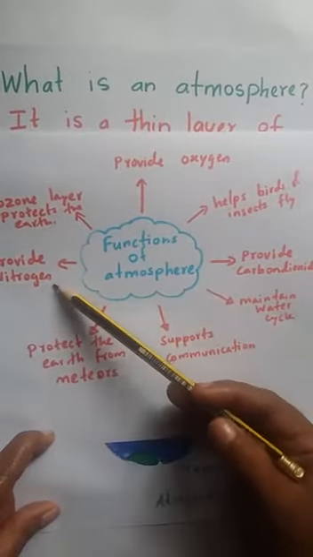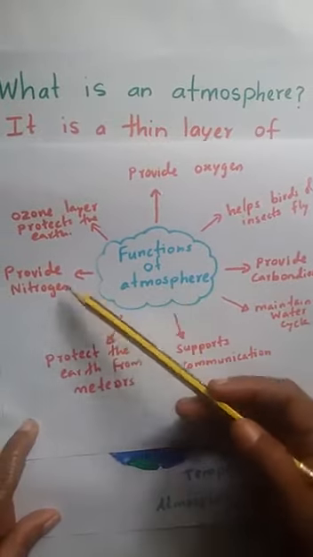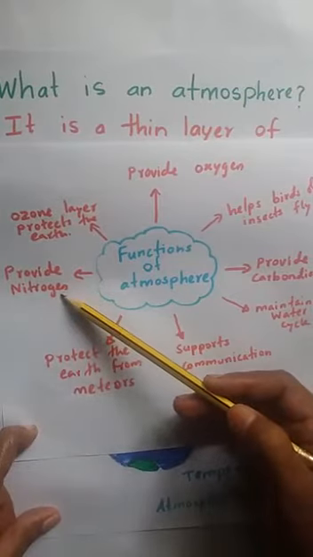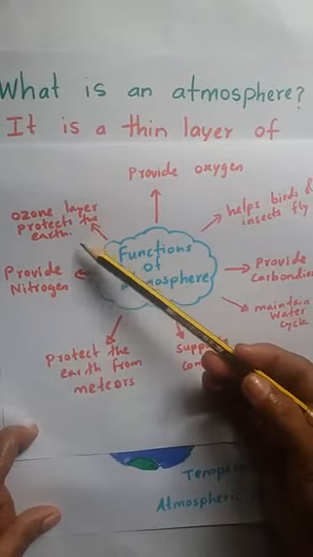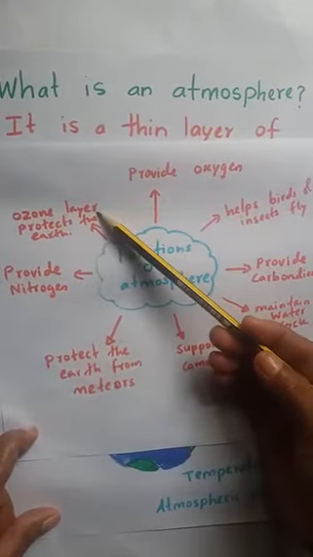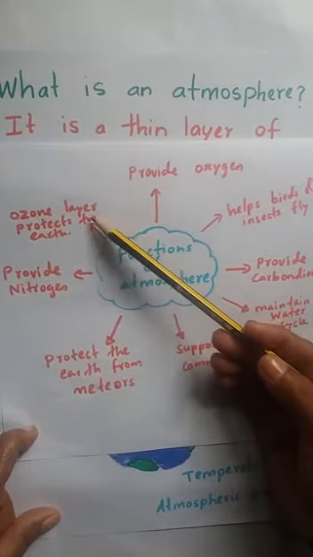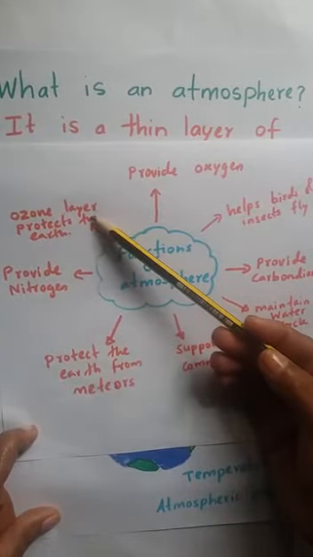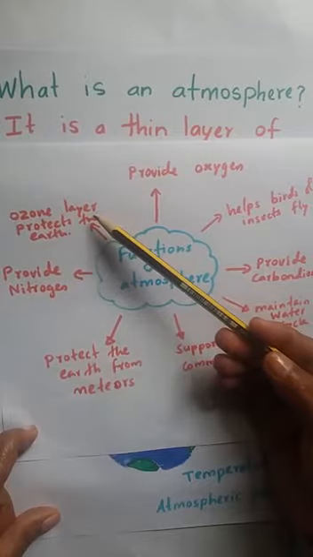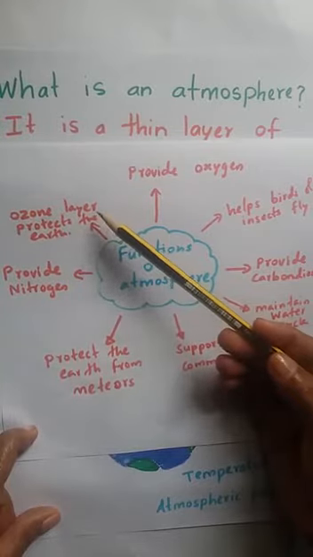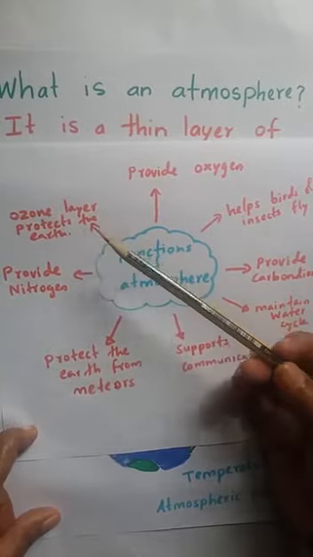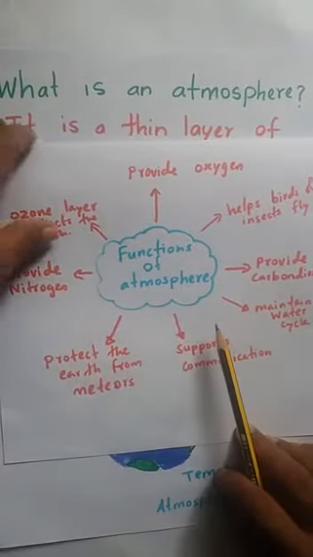Then it provides nitrogen. Nitrogen is important for the growth of plants. Then the ozone layer protects the earth. The ozone layer is also one of the important layers that is protecting our earth from UV rays. UV rays are ultraviolet rays that come from the sun, right? Next we will see why